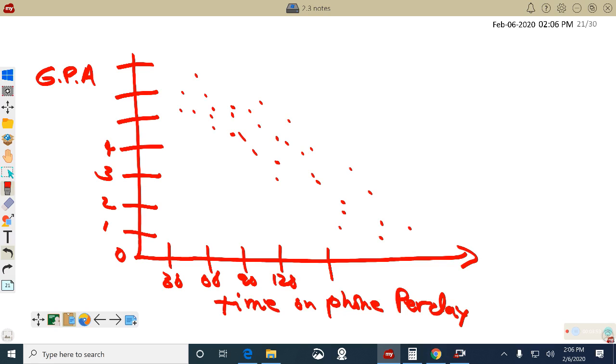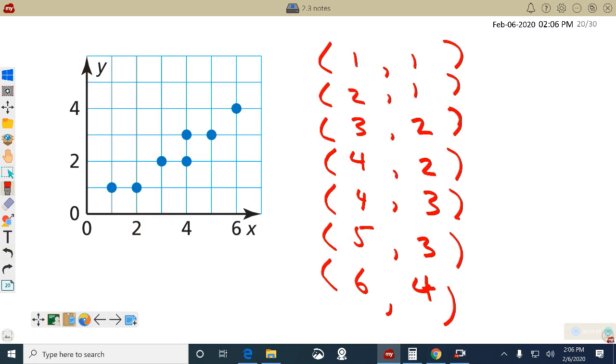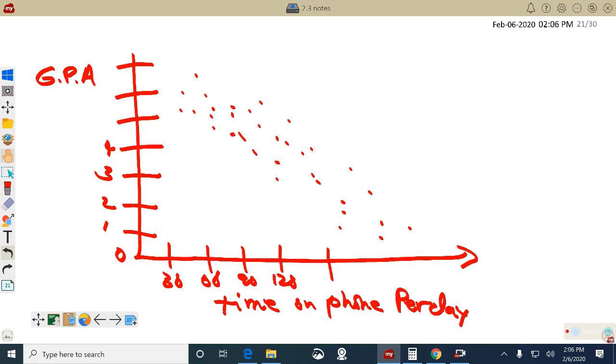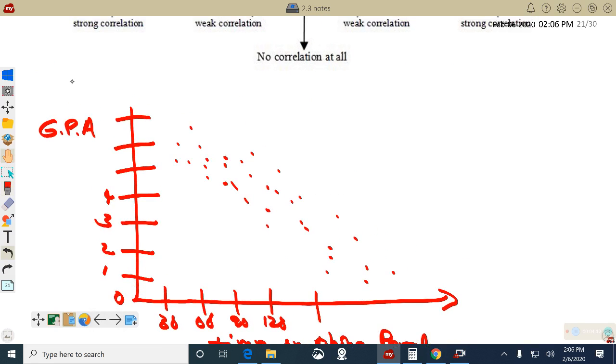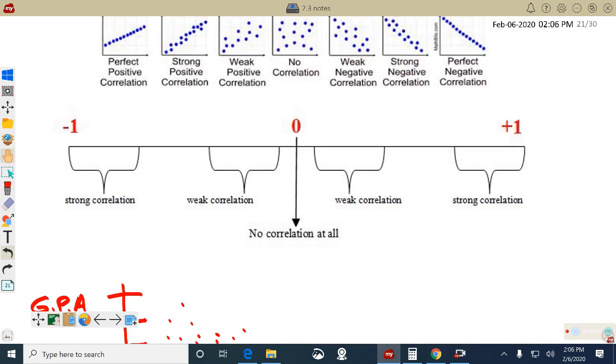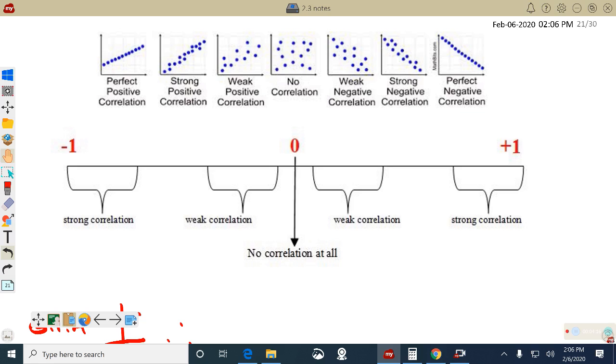Now, how strong is that relationship? You may say good. Chavez may say eh. Waters may say good or bad. We don't want it to be an opinion. We want a number, and that's what the correlation coefficient is all about. In other words, the R value. I'm going to show you how to calculate the R value, but for now,